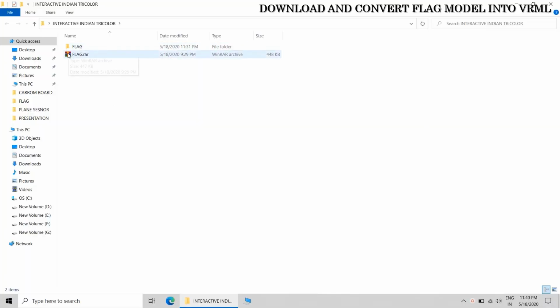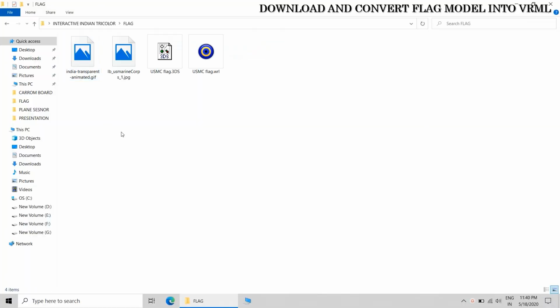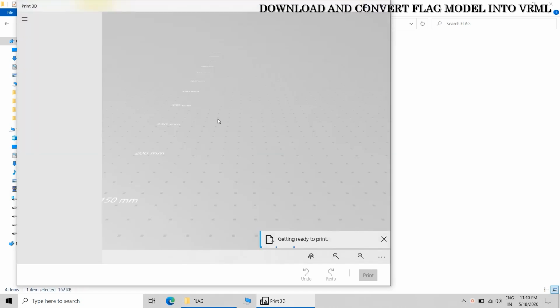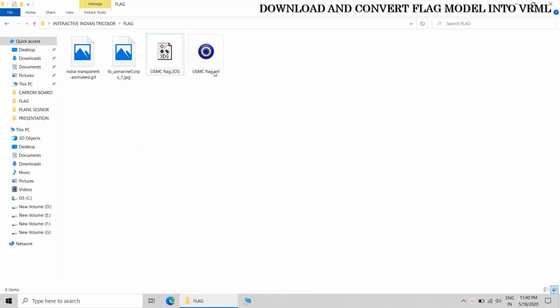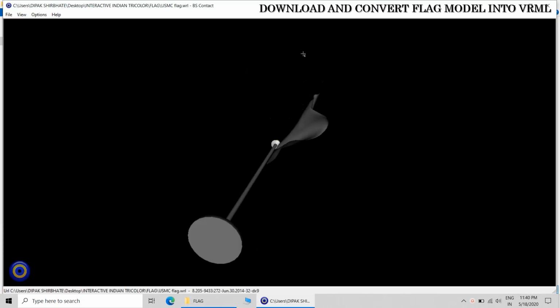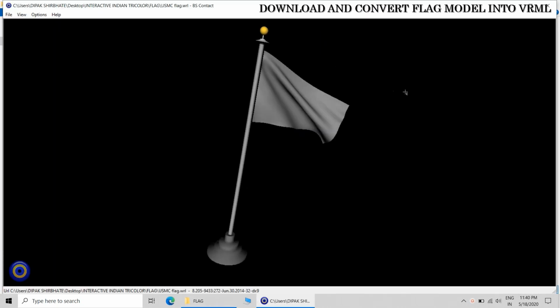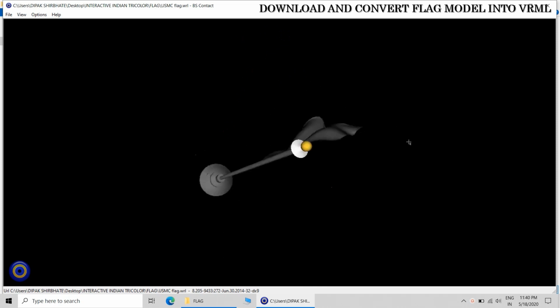So I have already downloaded one flag from one website. This is the 3ds file which I have converted into the VRML file. This was a 3ds file, actually 3D Studio file, and this flag is actually owned by the US Marines.